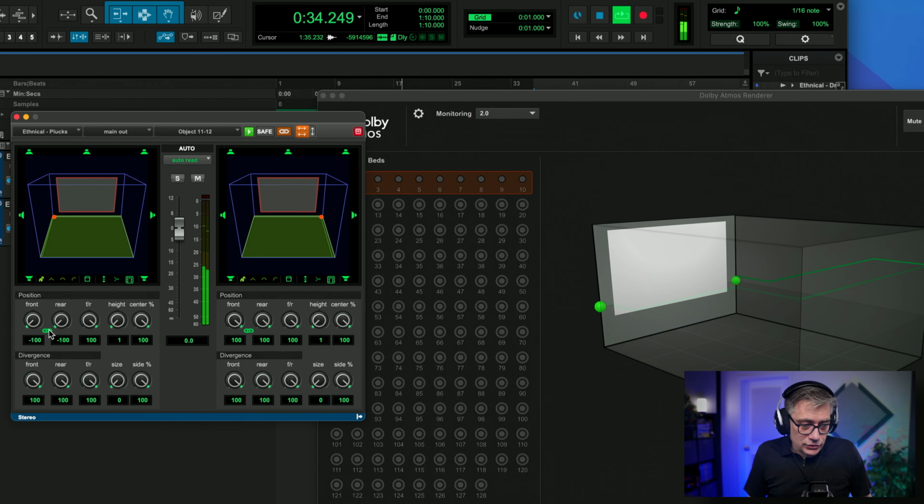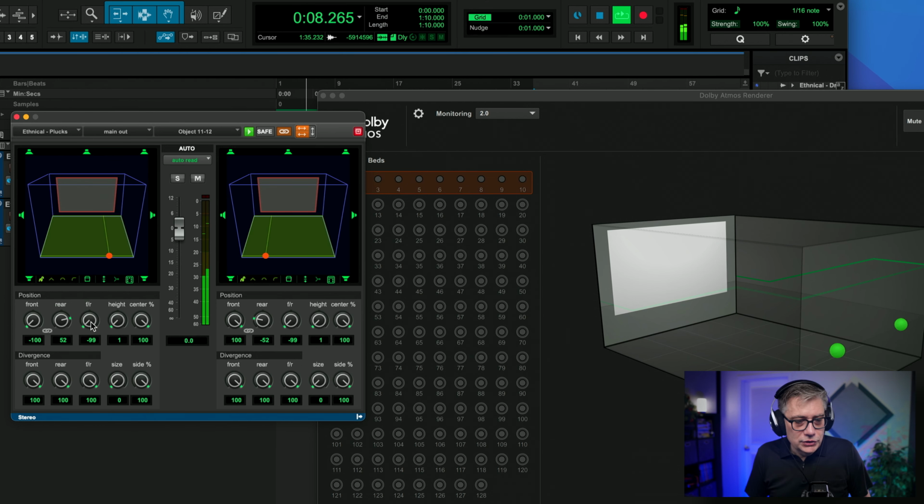Another thing which is really unusual is that we can set different positions for the front and the rear. If we click on this little icon here, we can change the rear position. What that means is that if I'm now moving the object from the front to the back, it will change the horizontal position accordingly. If I move that, you see how it moves from the front position to the back position. The nice thing about that is that it allows you to do automations very nicely. Another thing that you can do is change the height according to particular parameters.